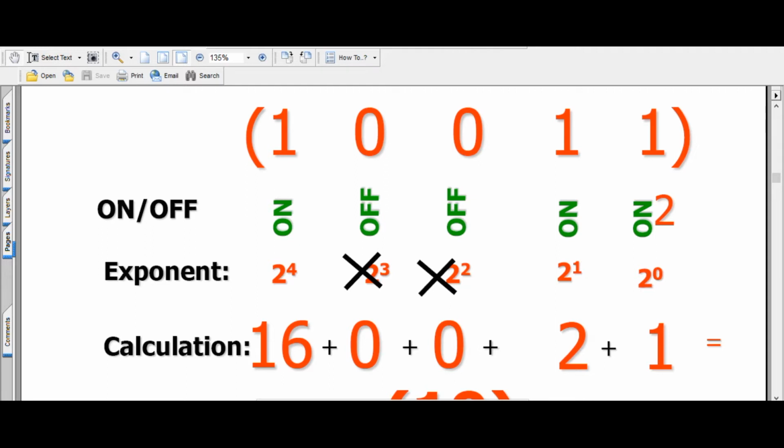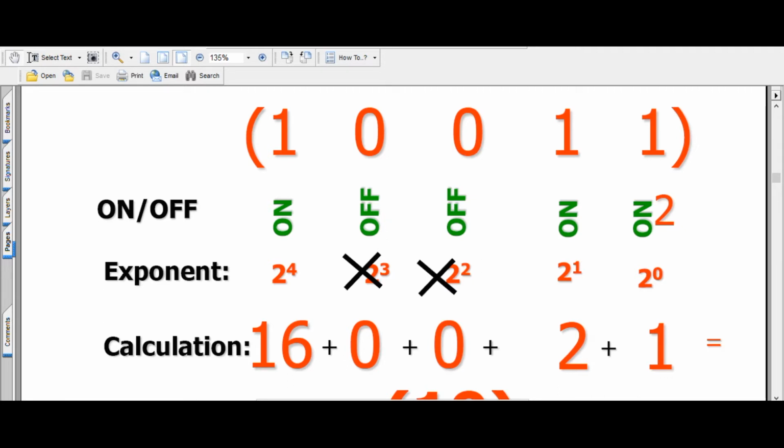So 10011. Here is the least significant bit, LSB. LSB is the power of 2 to the power 0. If you go to the number 0, the 2 to the power 0 is the LSB, and the highest power, 2 to the power 4, is the MSB. So LSB and MSB, if you consider the exponent value,